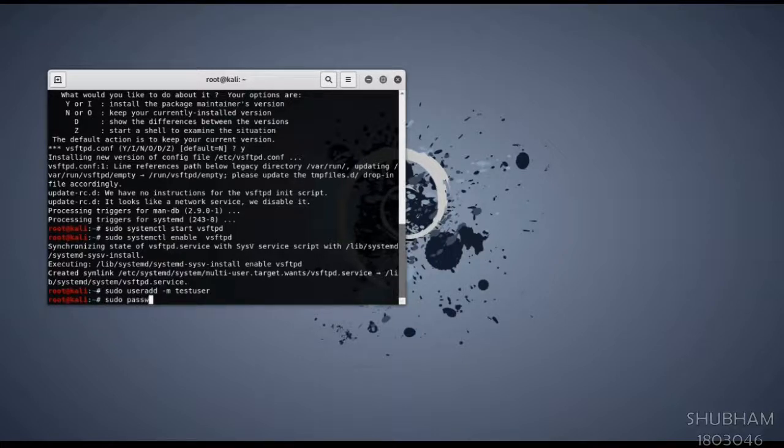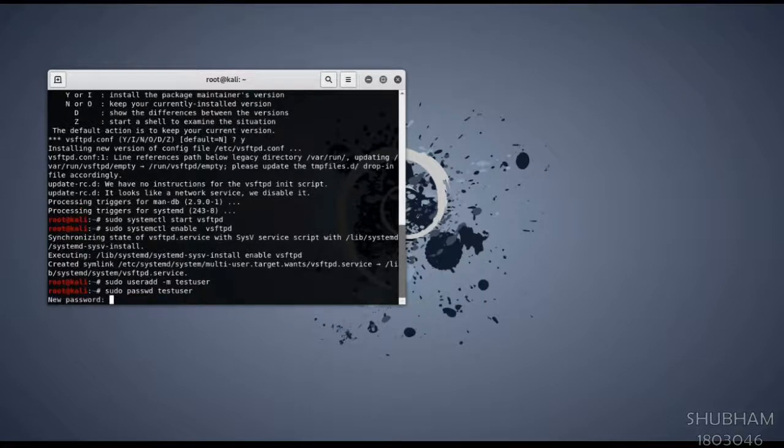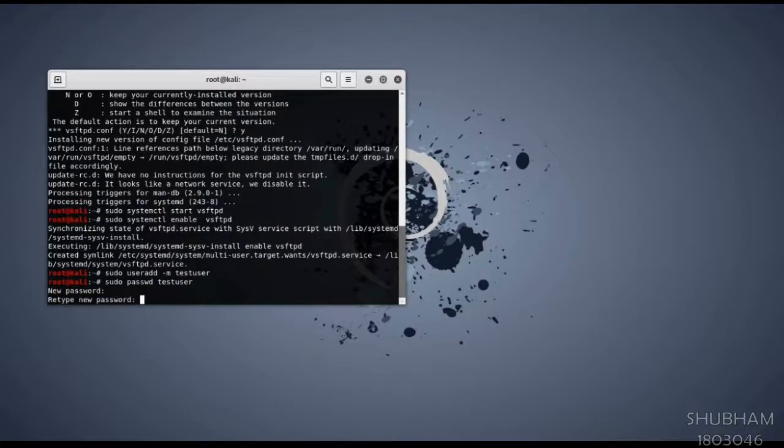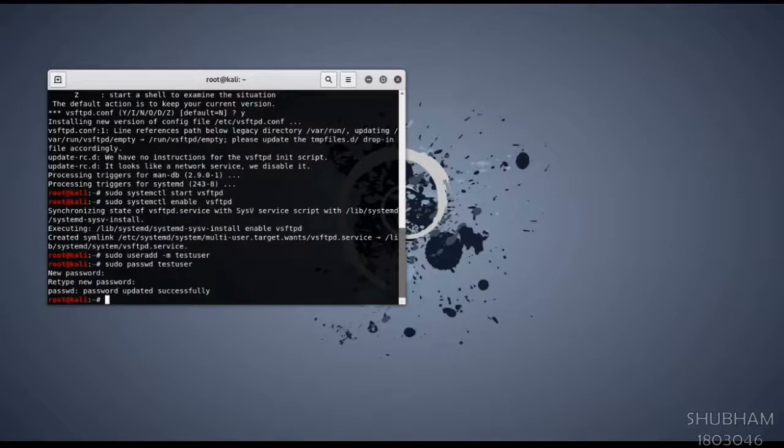Now we have to set a password for it. We will use sudo passwd testuser as a command for setting the password for a testuser. Now we'll enter a password and reconfirm it by retyping the password.